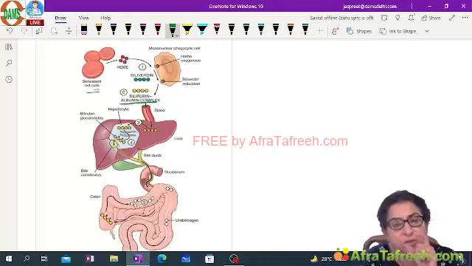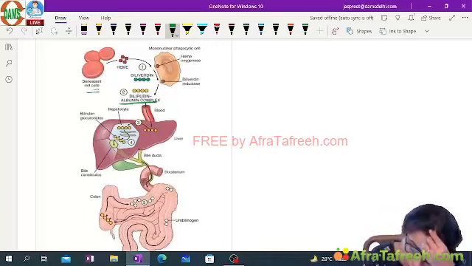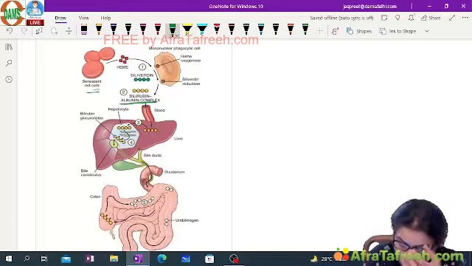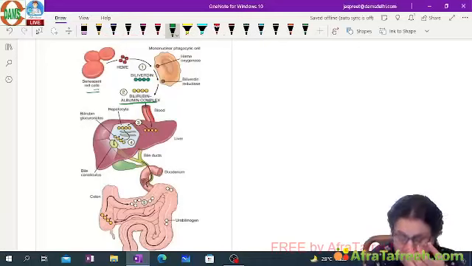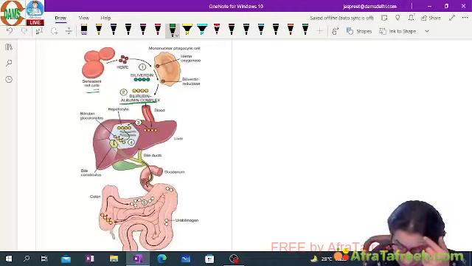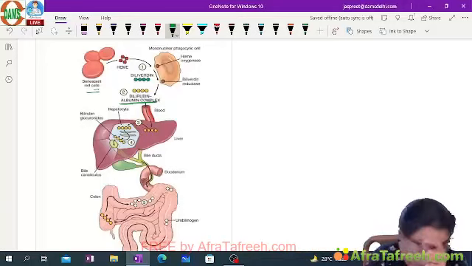So bilirubin gets conjugated inside the hepatocytes in the liver. This unconjugated bilirubin, complexed with albumin, enters the liver. Then in the liver it is taken up by hepatocytes. Then inside the hepatocytes, in the endoplasmic reticulum, it is converted to conjugated bilirubin by an enzyme called